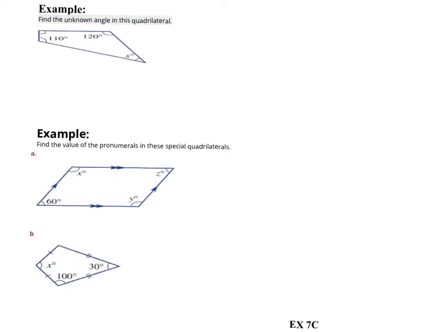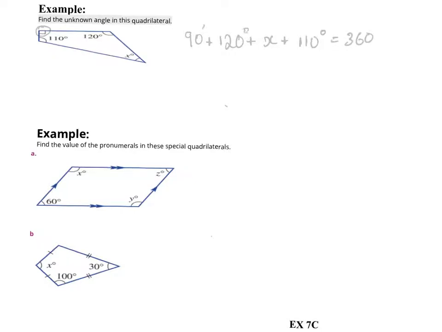So let's see how we might be able to use some of this information. In this example, we're asked to find the unknown angle. Now you can see it's a quadrilateral, four straight sides. And we know what about quadrilaterals? Well, we know that all of the angles add up to 360. Now, we have two angles there, but in actual fact, we do have three because that one there is 90 degrees. So we know 90 plus 120 plus x plus 110 all equal to